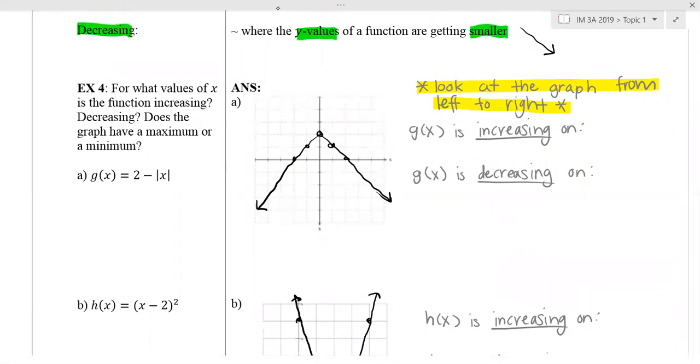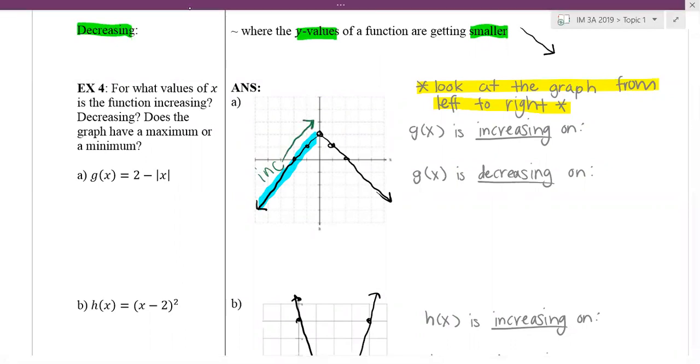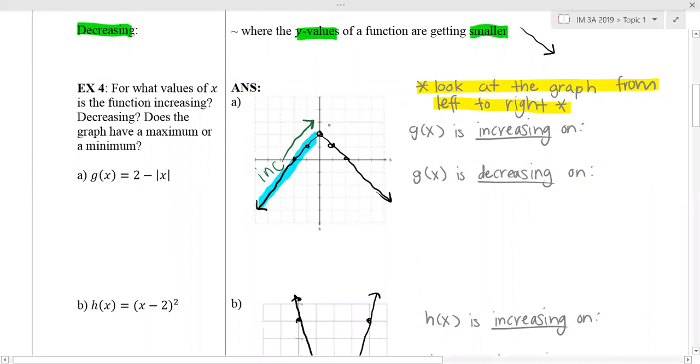If we look at this first function, going from the left, it's increasing. This graph is increasing on this side because it's sloping upward. It stops increasing once it hits the maximum value, and then notice that it starts decreasing for the rest of our graph. What we should notice is that if I draw a line through my vertex